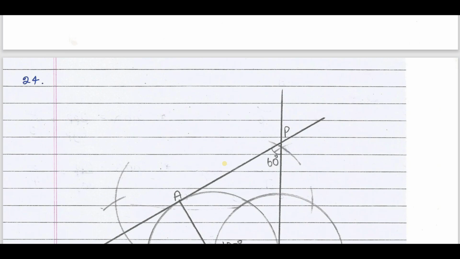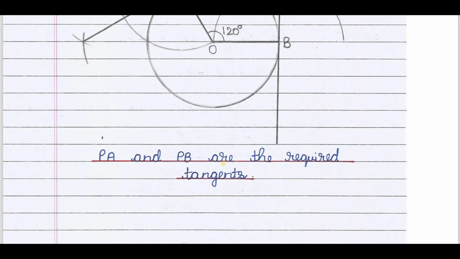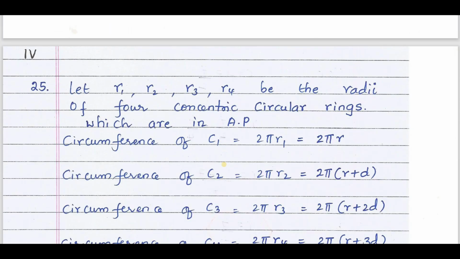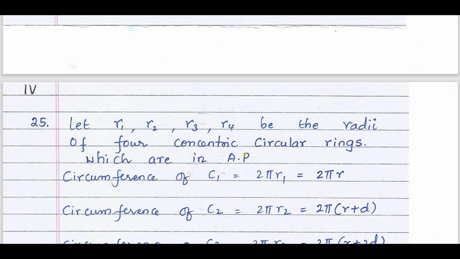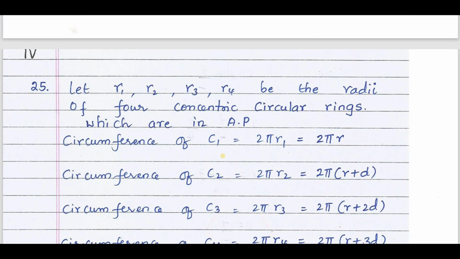So 24th question, construction of tangent where the angle between the tangents is 60 degrees. 25th question, dear student, this can be solved in many methods. Here I have used the basic concept that the circumference of a circle is given by 2 pi r, where